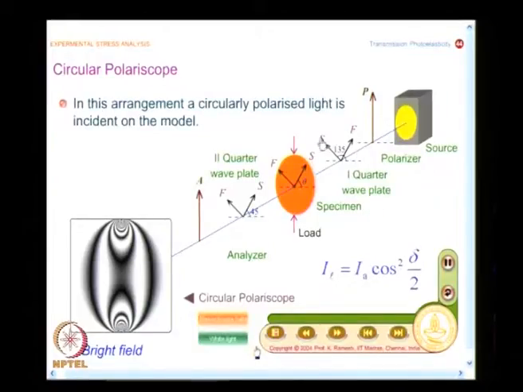We are not really concerned about whether I had kept the slow axis at 135 degrees or at 45 degrees for the first quarter wave plate, because when you look at the logical explanation, if I have this as a complementary arrangement, you get a plane polarized light when the model behaves like a full wave plate. And this is the reason